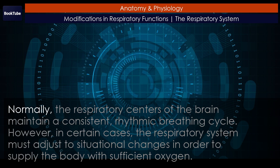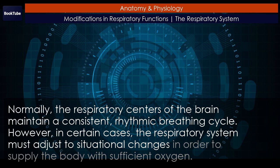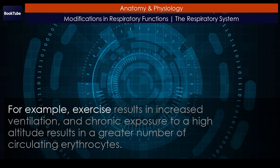Chapter Review. Normally, the respiratory centers of the brain maintain a consistent, rhythmic breathing cycle. However, in certain cases, the respiratory system must adjust to situational changes in order to supply the body with sufficient oxygen. For example, exercise results in increased ventilation, and chronic exposure to a high altitude results in a greater number